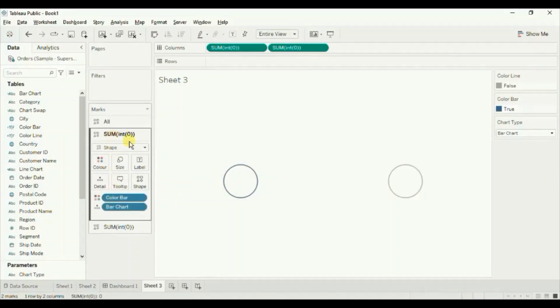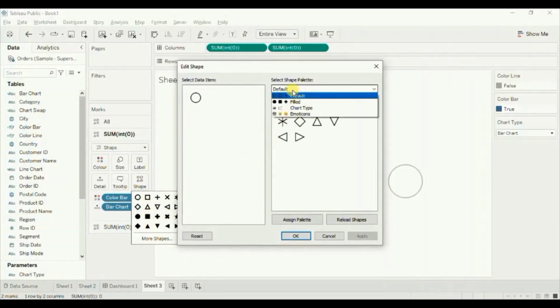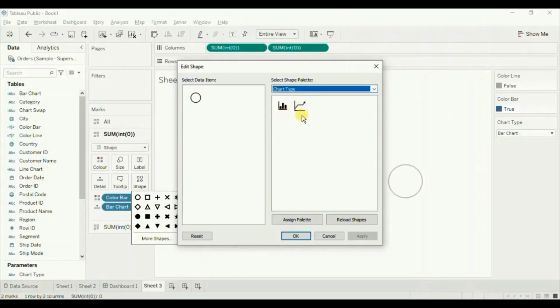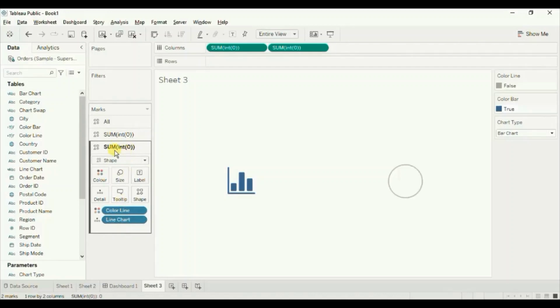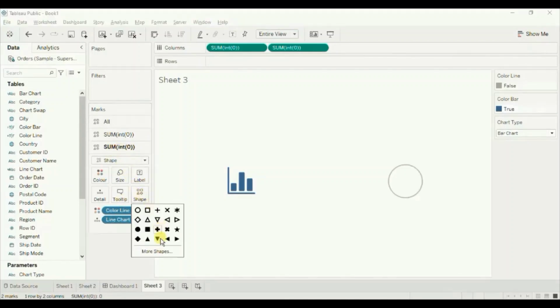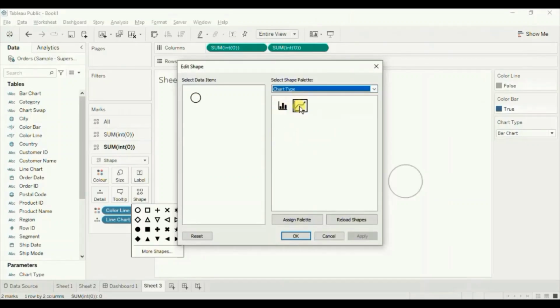Lastly, let's edit the shape. So select this first int 0 field that we are using for the bar chart button. Go to shape, go to more shapes, and from the drop down select chart type. So these are the custom shapes that I have added to the Tableau repository. Let me select this bar chart icon, click on OK. Now let's edit the second int 0 field. Go to shape, go to more shapes, and from this chart type drop down we will select the line chart. Click on OK,